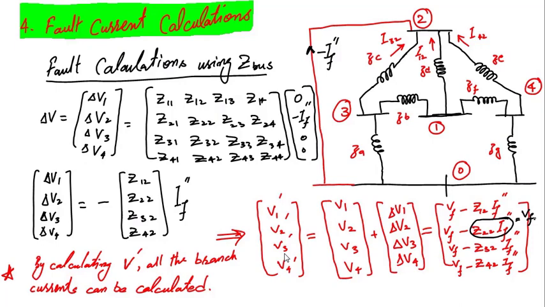Next, once we have the fault current, the next step is the current contributions from the adjacent buses. Current contribution can be calculated if we can calculate the during-fault voltages. During-fault voltages can be calculated by adding the change in voltage due to the fault to the initial voltages. Once we have the during-fault voltages, current contribution can be calculated. So it means that in fault analysis, three types of results are required: fault current, new during-fault voltages, and current contribution from adjacent buses. In the same way, we can also calculate current contribution from the generator as well.